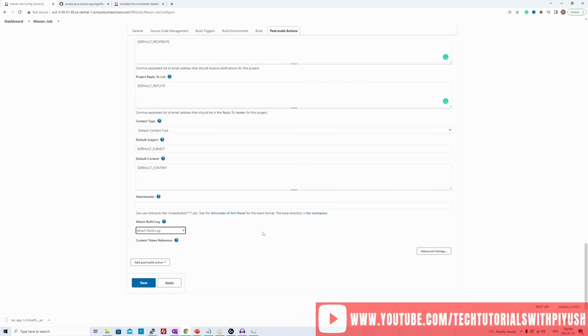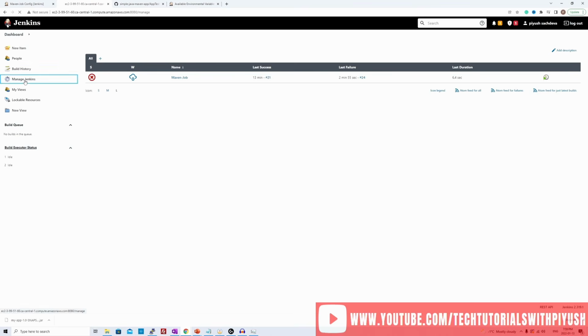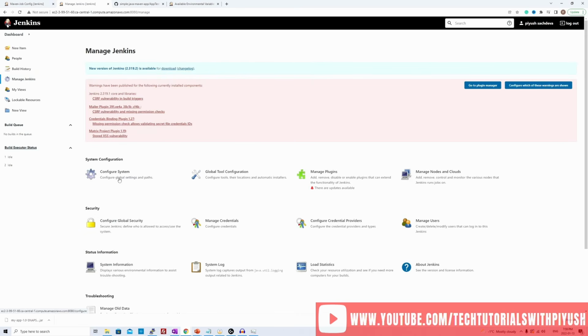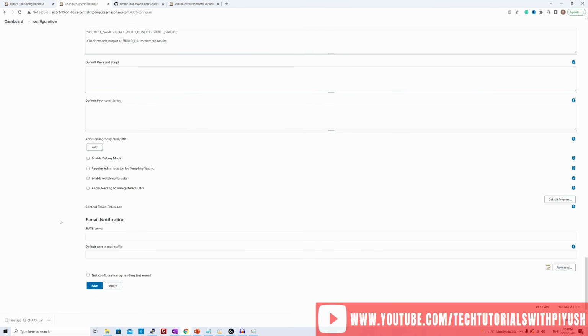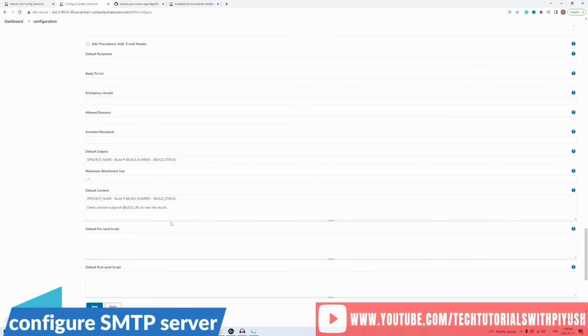But to enable this email notification, make sure you have 2 things. First is the SMTP port 25 is open from the Jenkins server. Second thing, you need to have the SMTP server configured. So to configure the SMTP server, let's open this in a new tab and go to the manage section and go to configure system. Go to the very bottom of the page and you'll see email notification over here and